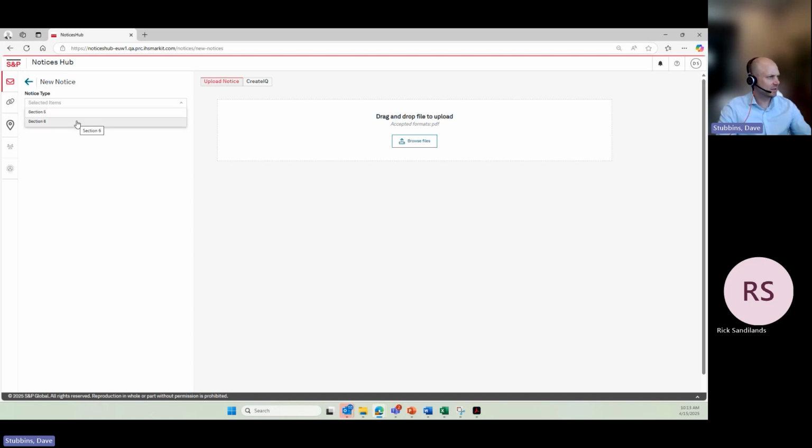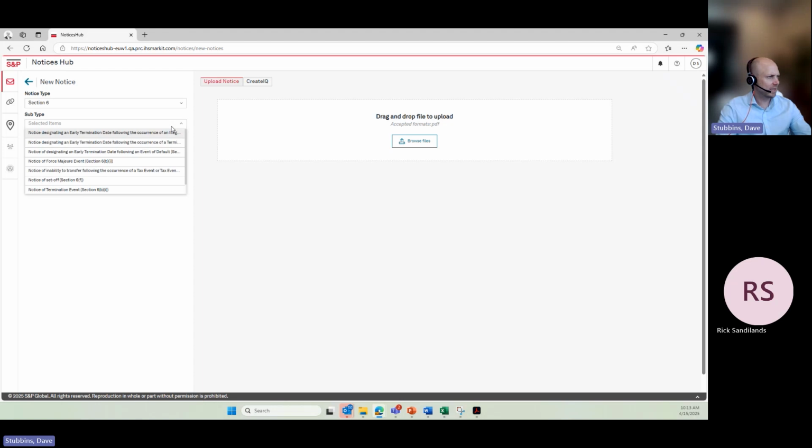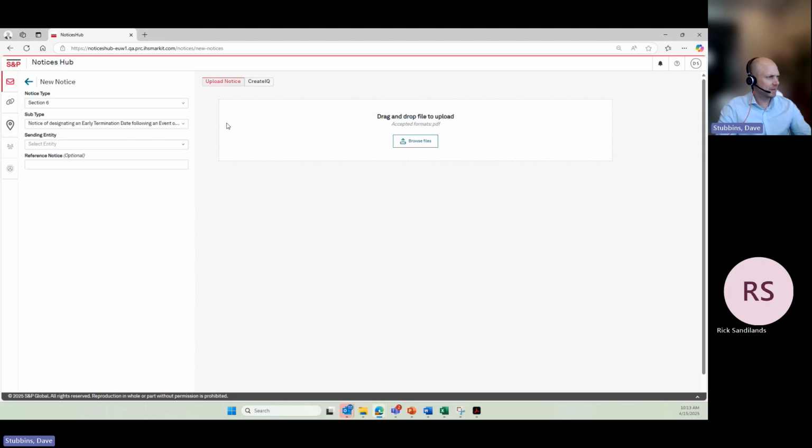So we'll select the notice type, we'll select one of the subtypes, and then we'll select the entity from which it's being sent. This is important as if you are representing multiple different organizations, you'll be able to choose from that drop-down list all within the same environment. And then you've got the option to select or add a notice reference in here. Once those have been completed,